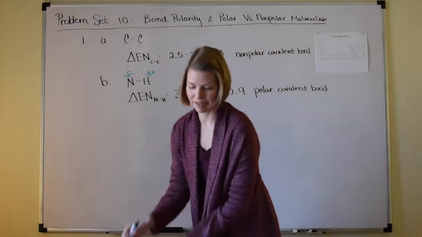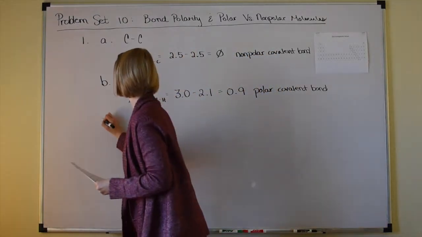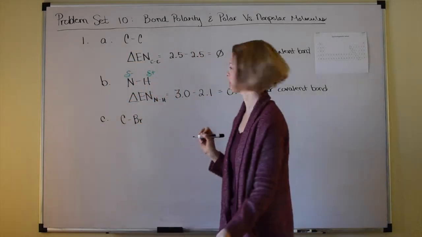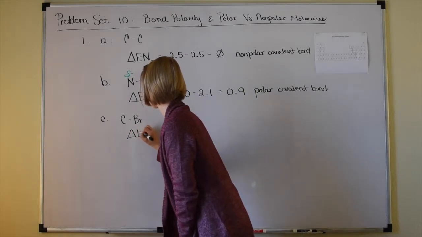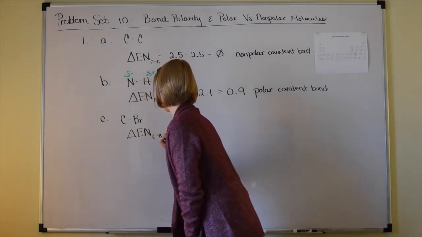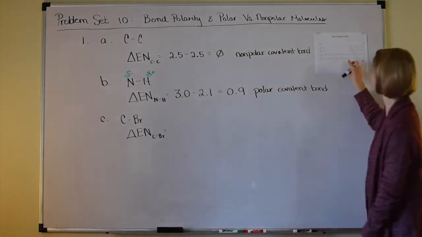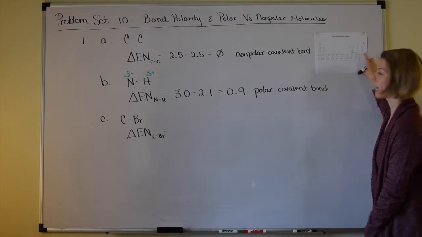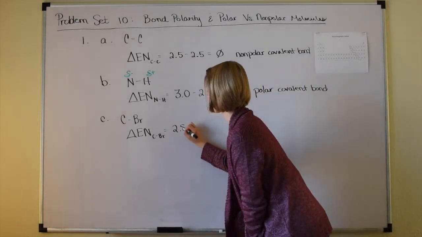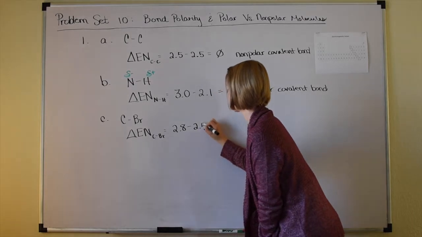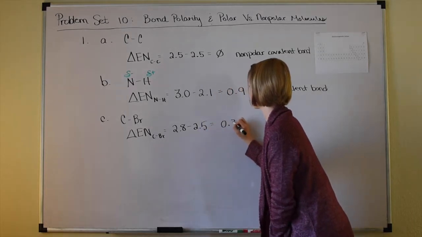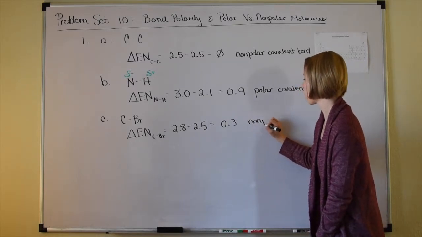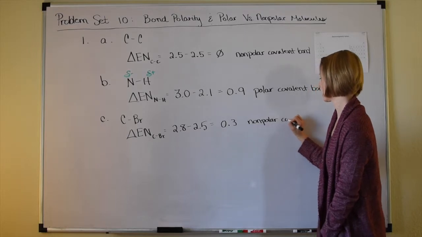Okay, C. A carbon-bromine bond. The change in electronegativity for a carbon-bromine bond, let's go to our electronegativity chart. Carbon is 2.5, bromine is 2.8, so it's going to be 2.8, the higher value, minus the 2.5, the lower value. That's only a difference of 0.3. That is less than 0.5, which makes it a nonpolar covalent